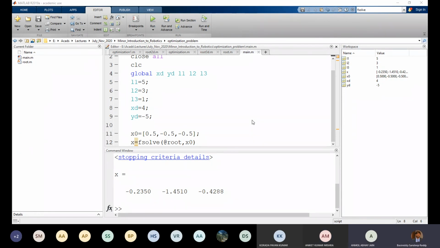Oh, you're saying you may get multiple answers based on our initial guesses. Yes, that is certainly true for some cases. But you will certainly not get an infinity of solutions. You have avoided that problem.